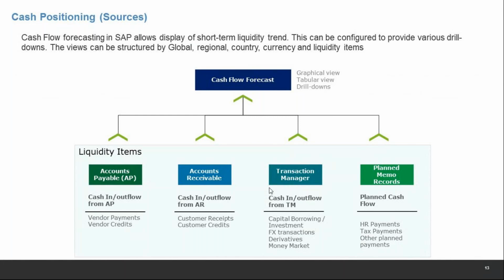If you are aware of some of the things in ECC cash management, we had something called planning level. That remains in S4 also, but to that SAP adds something called liquidity item. First, let's talk about what the planning level is. Basically, a planning level tells you where your data is at this point of time. So for example,